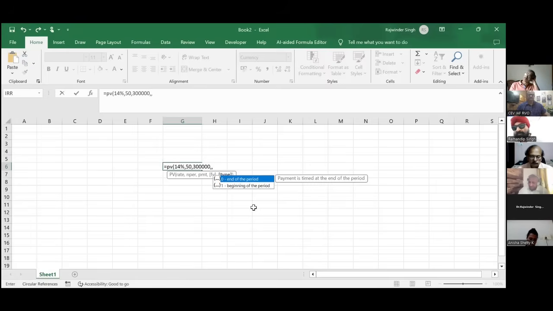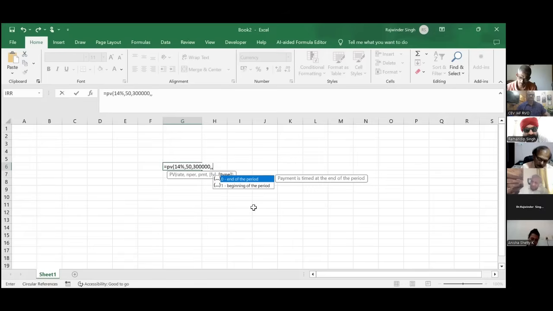Friends, it is a very important point to be noted. Annuity due and ordinary annuity: what is the difference between the two annuities? At the time of reading the question, you may skip this important concept. What is ordinary annuity? If only annuity is mentioned, it is ordinary annuity. If annuity due is mentioned, you should know the difference between the two annuities and how to calculate. There is a lot of difference between the output of both the annuities. Yes, sir. Please continue.